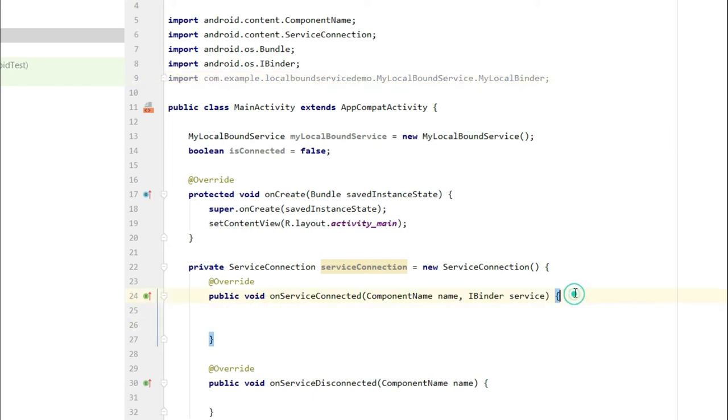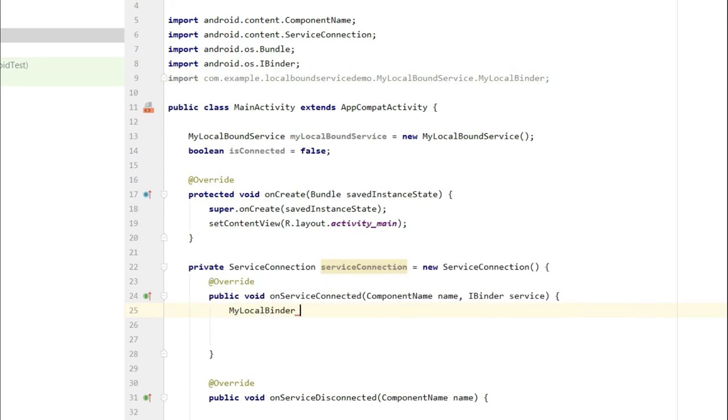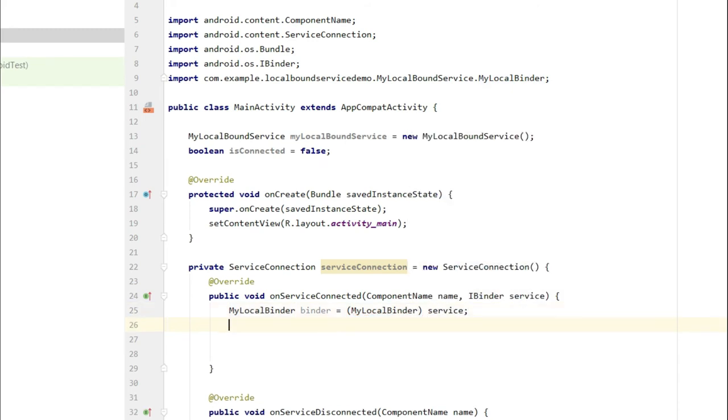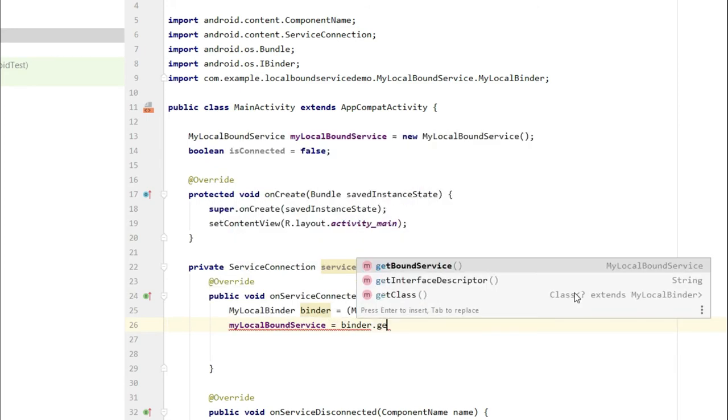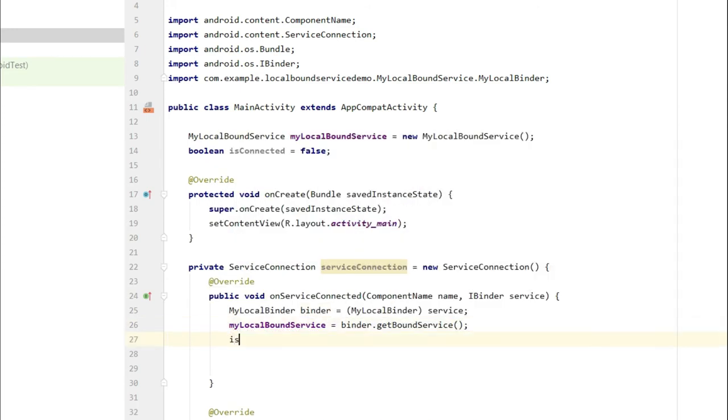Now from here let's take the instance of our bound class and set the flag as true because our service is connected now.